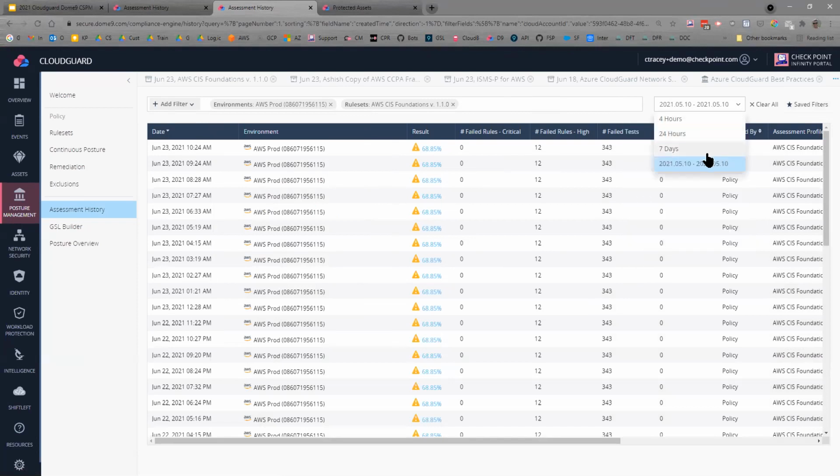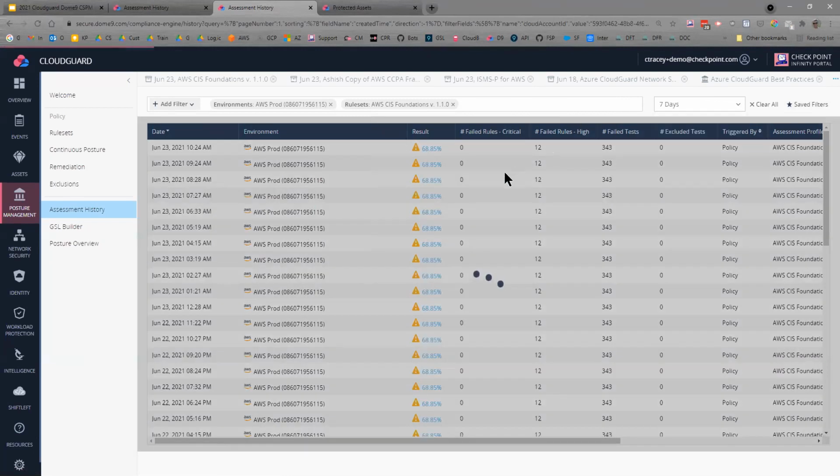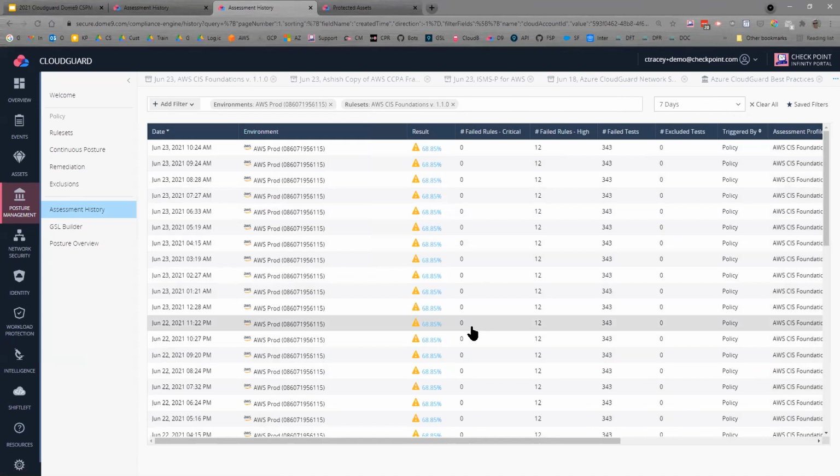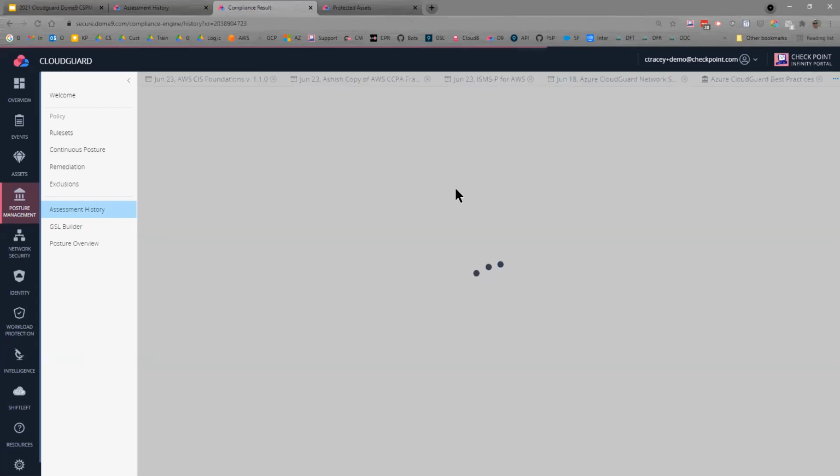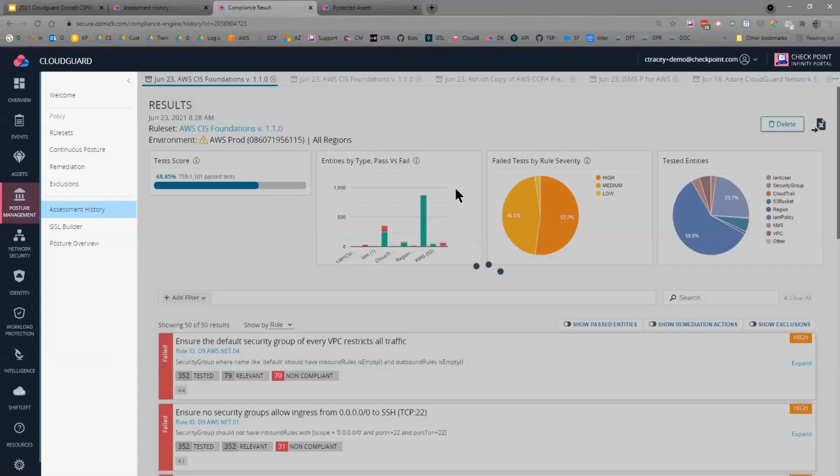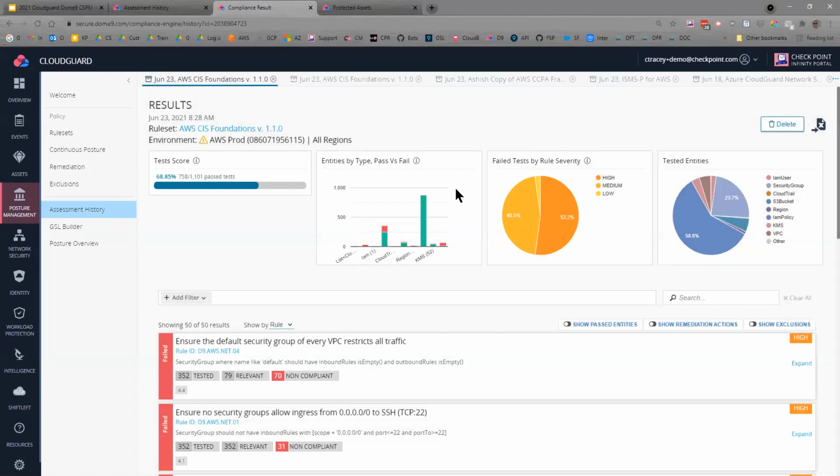Keep it simple here. We can do 7 days, we can do 4, we can do 24 hours. This is a demo environment. There's been absolutely no change, but that's something that needs to be reviewed for sure. If this were a development environment, you certainly want to see that trend go up. And a trend is an indicator of what can be shown in the dashboard menu. But nevertheless,